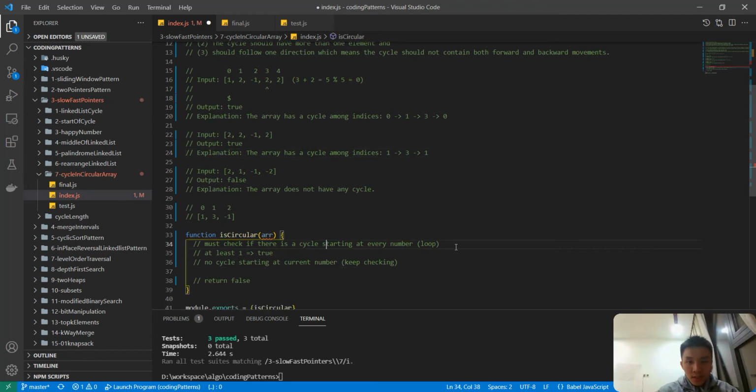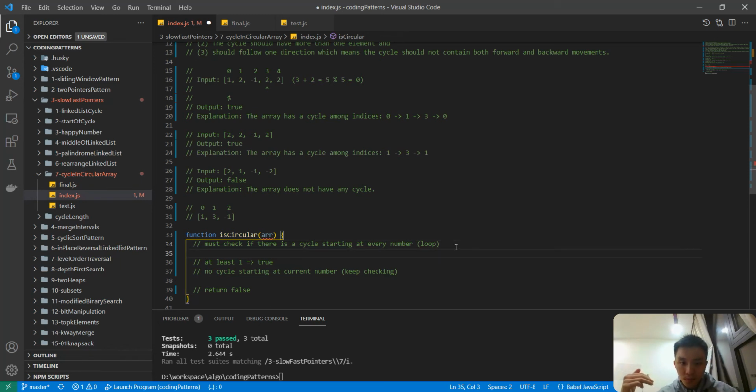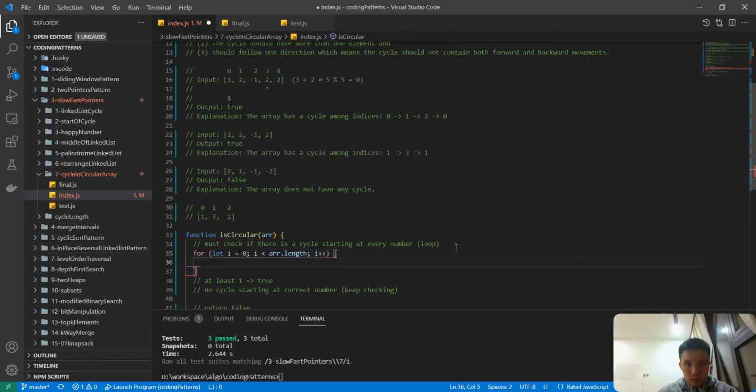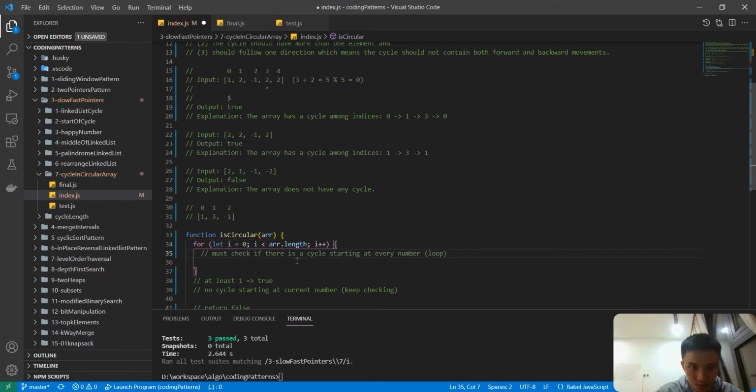The first thing here is that we must check if there's a cycle starting at every number, so I'm thinking of using a for loop here, a traditional for loop with index i less than array dot length. Our goal at each iteration is to check if there's a cycle